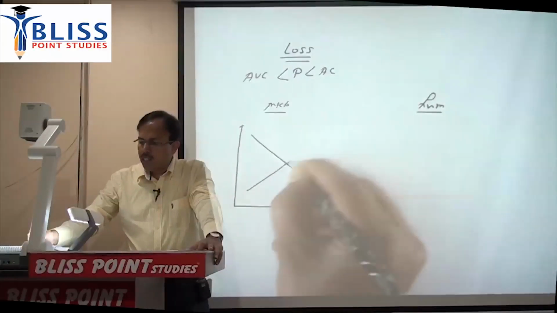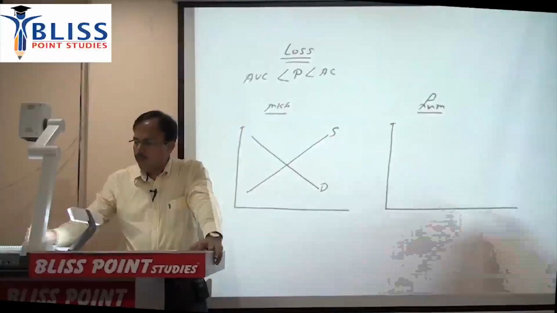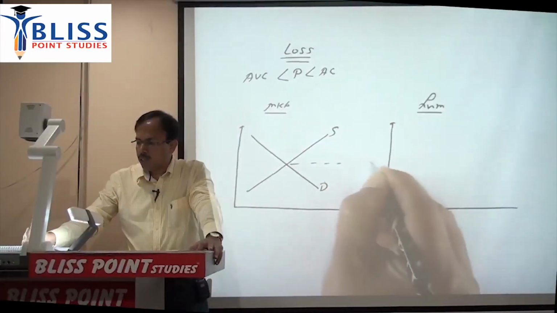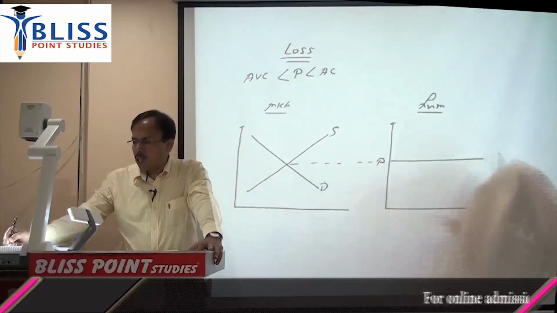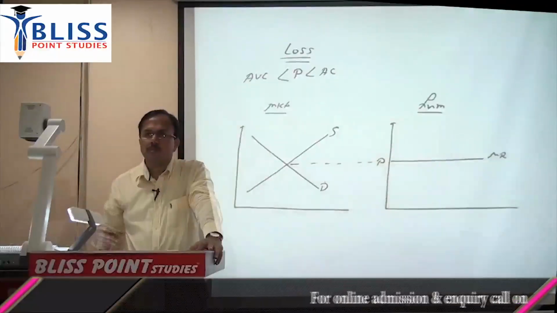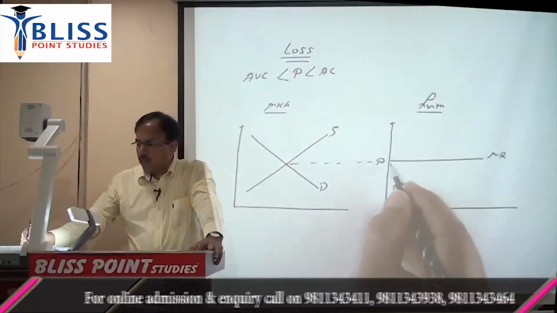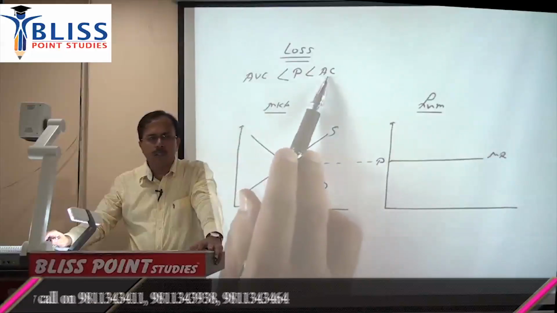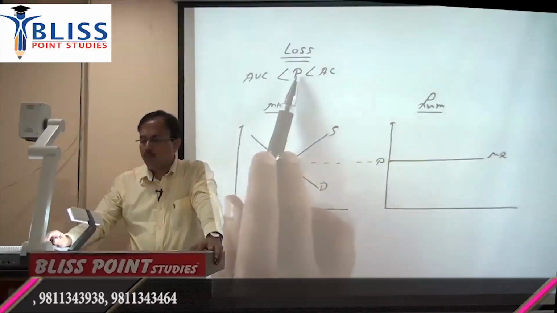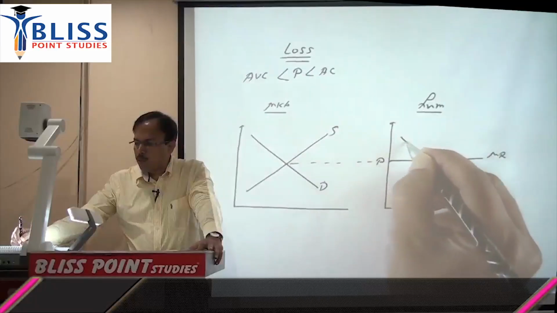supply and demand intersection will determine the price, and firm is acting as price taker. So at that price you draw MR line. MR and price is same thing, so price line has been drawn. Above price you will draw what? And below price ABC. So average cost line must be above